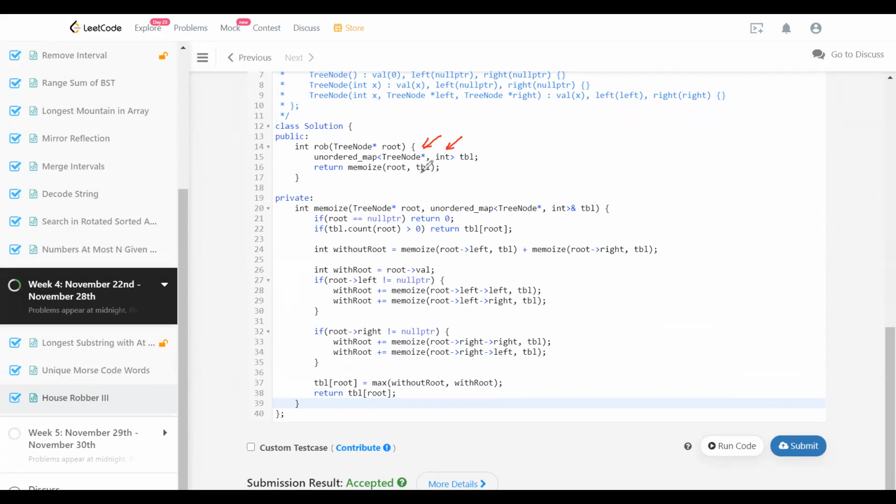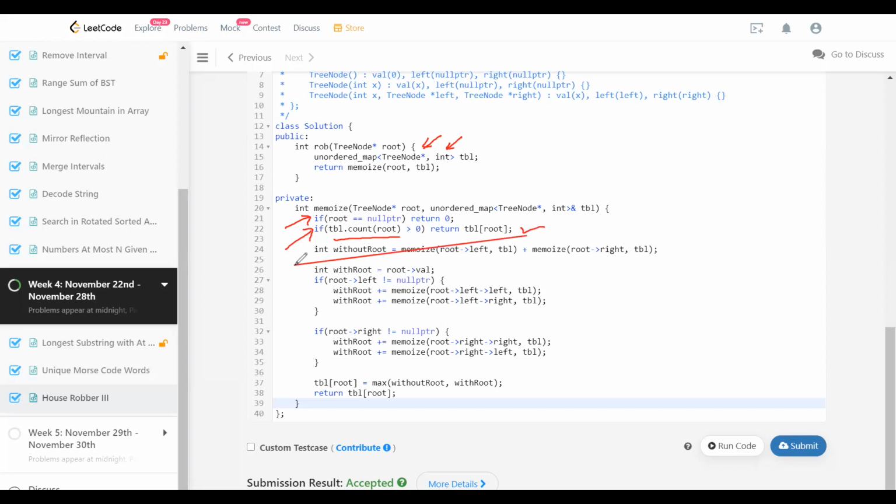And so I'm calling for root, and then look at this. This is the base case. If root is null, I'm going to return zero. Otherwise, if root is not null, I see whether it is solved or not. If the count of that root in the table is greater than zero, that means it has to be one, which indicates it is solved already. In that case, I'm going to return directly. Otherwise, I need to solve it recursively.